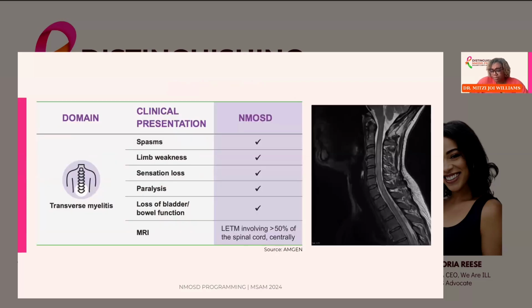So let's get a little bit more into the nitty gritty of some of the symptoms, right? So transverse myelitis is one of the hallmark symptoms that we see with NMOSD. And transverse myelitis basically means you have a lesion in your spinal cord that causes damage. It doesn't tell us what it's from. Transverse myelitis can happen with MS. Transverse myelitis can also happen with NMOSD. But what we see with NMOSD is that people may often have more severe symptoms. And they also have the lesions we call longitudinally extensive.